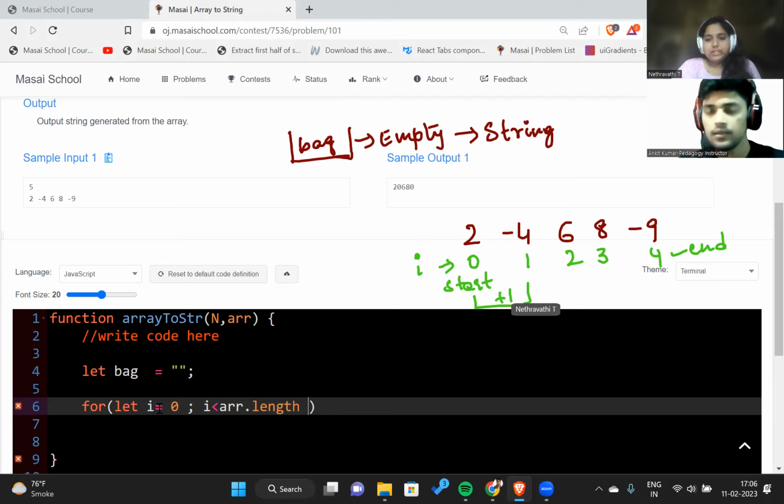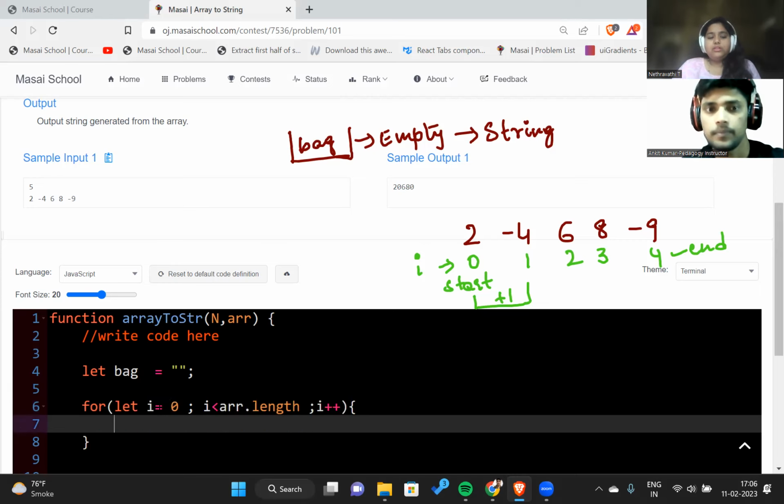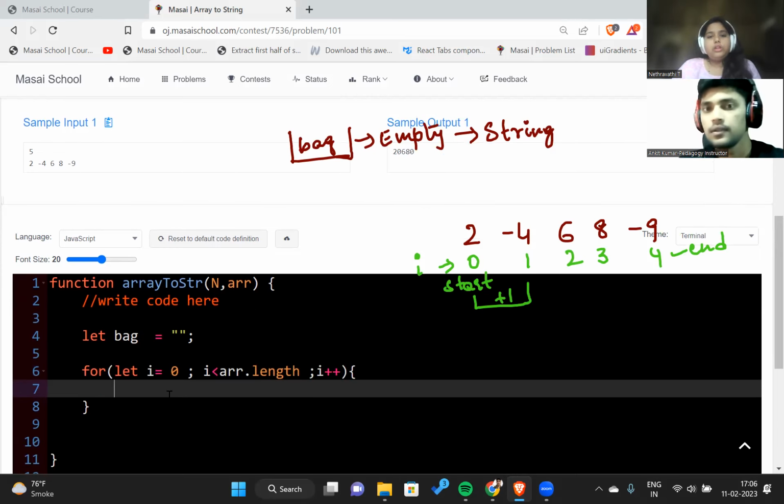So what should be the next condition? Increment, ma'am. I need to increment my i value by 1. Exactly. So i plus plus. Yes. So now what is the condition given? Condition is that we need to check whether this element is greater than 0 or not, I guess. Exactly. Yes, please check that condition. If i is greater than 0, then